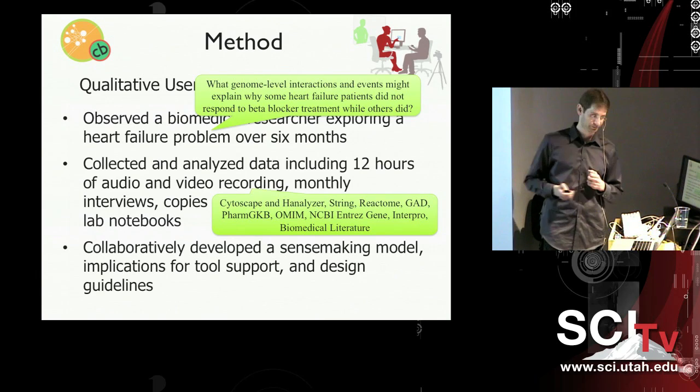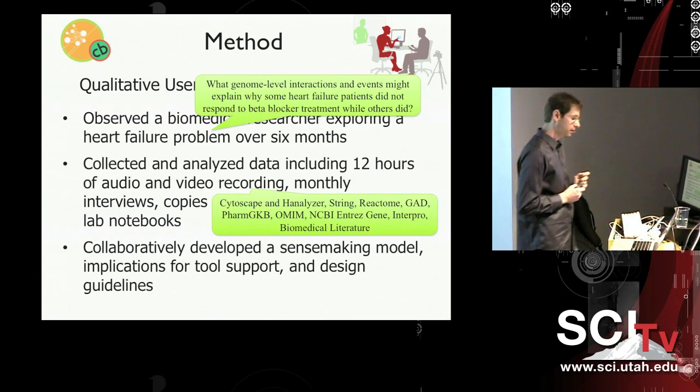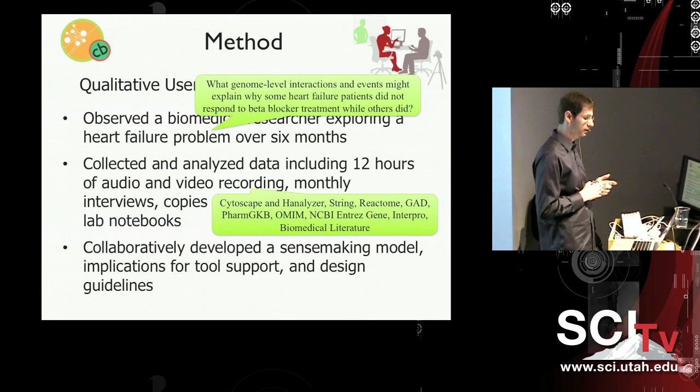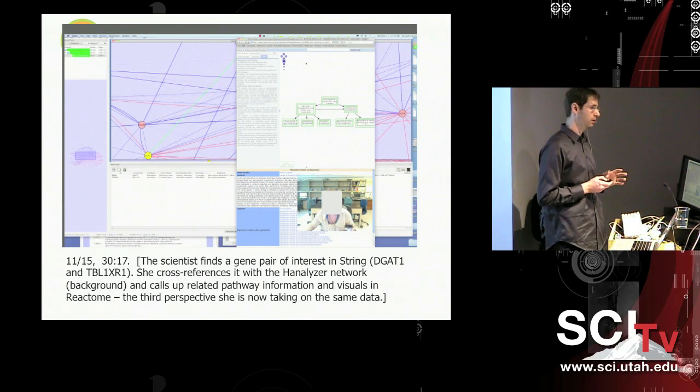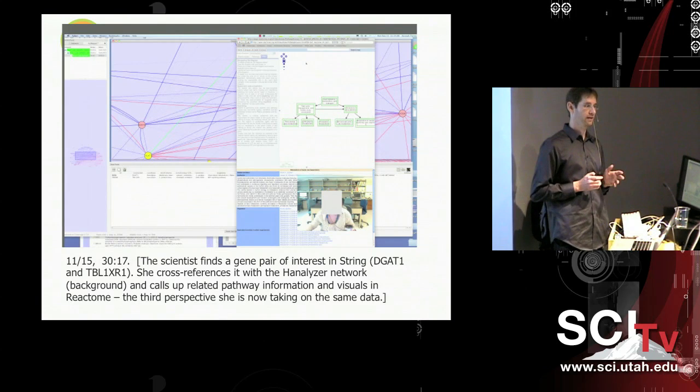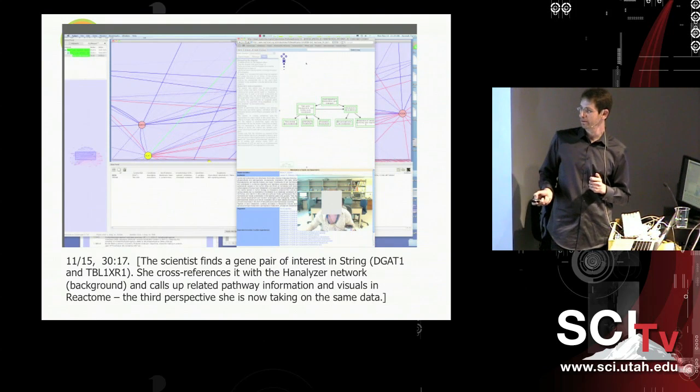biomedical literature. And so after collecting all this data, we collaboratively developed a sense-making model, and from there we derived implications for tool support and design guidelines. Here's just one brief snapshot of our video log, just to give you a hint on the complexity of this analysis. So on November 15th, 30 minutes into the analysis, the scientist finds a gene pair of